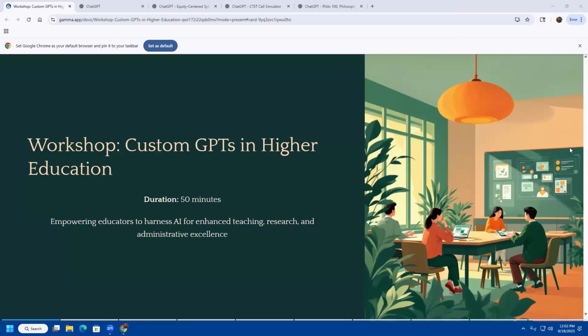Today, we're going to be talking about custom GPTs. This is probably one of the primary selling points that were used early on in the CSU contract with OpenAI. And at the time, custom GPTs were only available for the paid accounts. And I think the idea was that instructors would be building out custom GPTs for their individual classes, and they